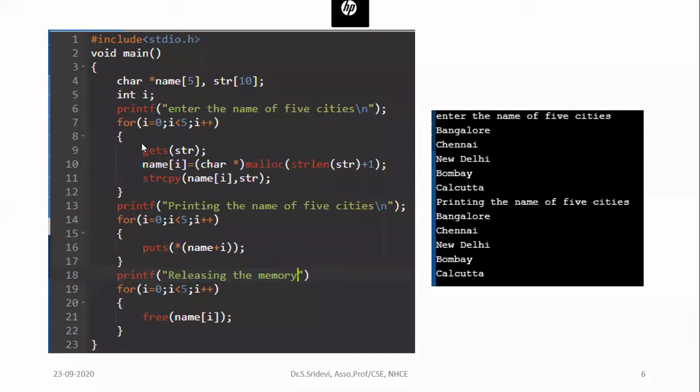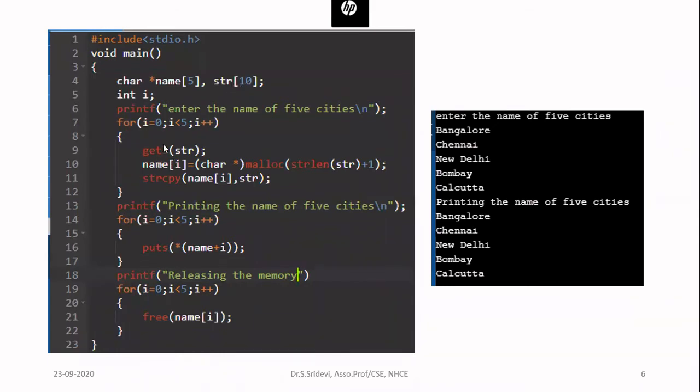Now, what I'm going to do, you are going to first read the name of the city from the user. Since the name of the city is a character array, that is a string, first you declare a character array for reading the string. Okay, so for that only I have declared str of 10. So this character array, even though this is having the size as 10, don't worry, if your name contains 3 characters, you will be wasting only 7 characters with respect to this array. Okay, you are not going to waste so much. Only one small array you have declared here.